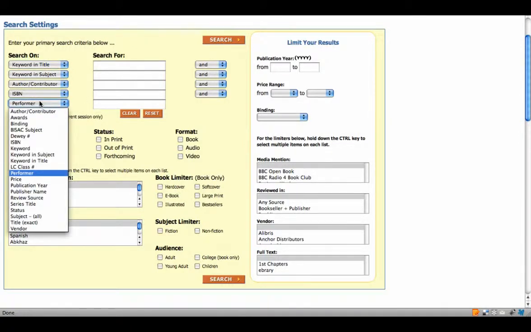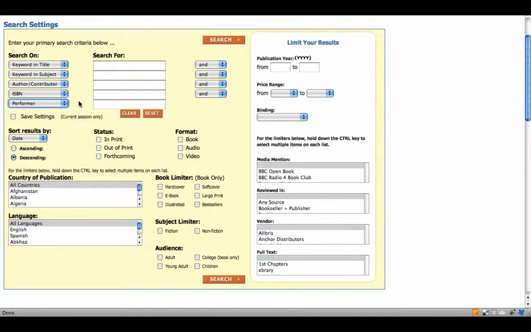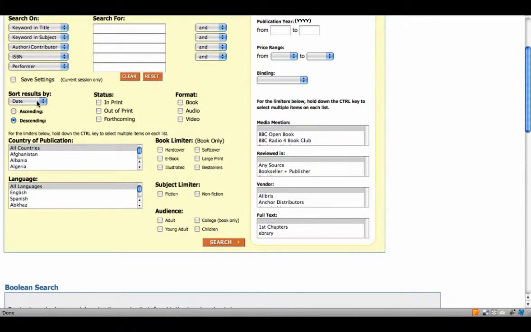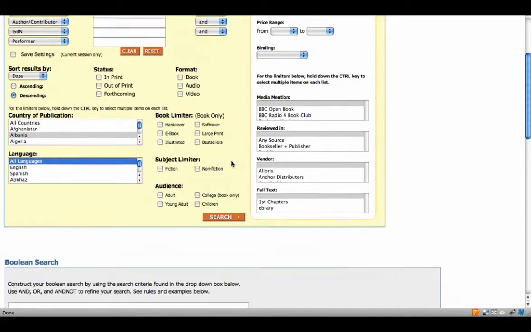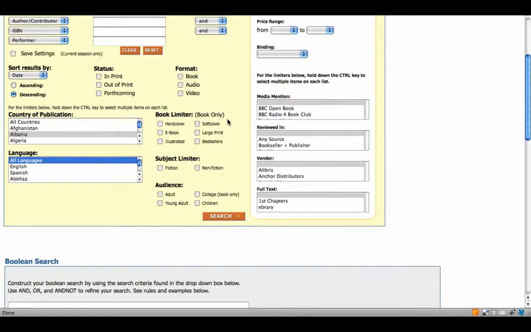Performers, if you're looking up videos or even performers for books on audio. You can sort the results by different criteria. You can save your settings. You can get the status, whether it's in print, whether it's upcoming, the countries of publication, the languages of publication, the types of book, the types of format,